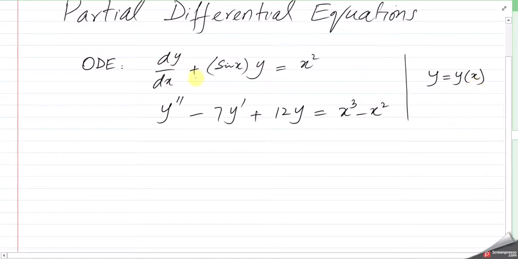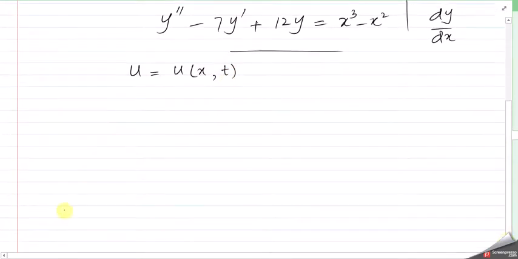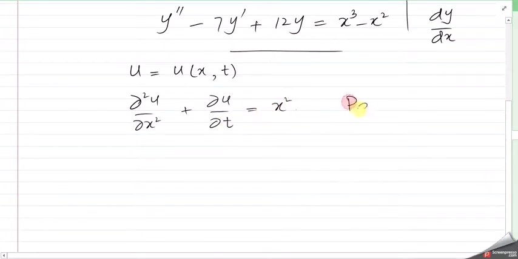So that's why the resulting differential equation is an ordinary differential equation, because the derivative of y with respect to x is a total derivative. What if we have a function of more than one variable? Let's say u is a function of x and t. Then we can write an equation involving u, let's say, partial u by partial x squared, partial u by partial t equals x squared. This one is called a partial differential equation because it involves partial derivatives of u with respect to x and